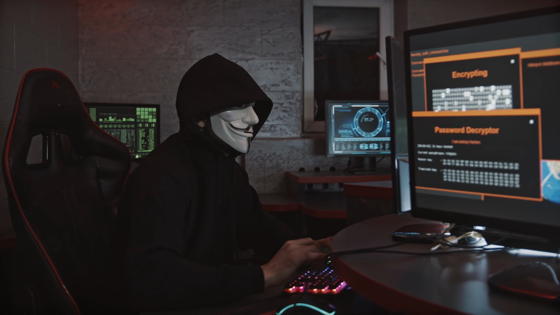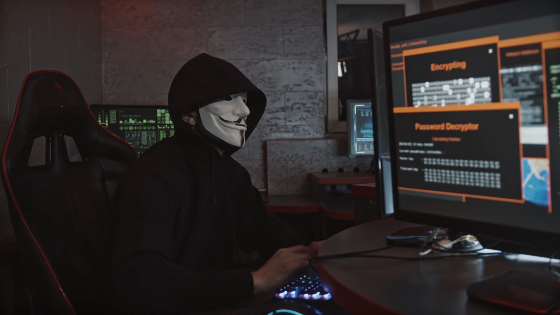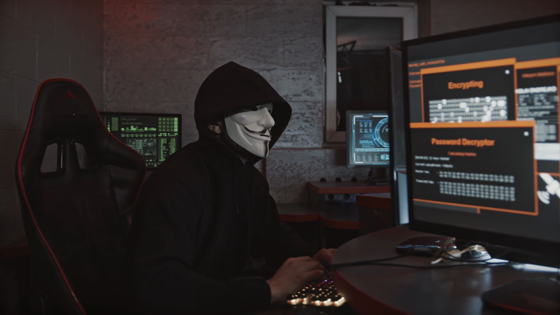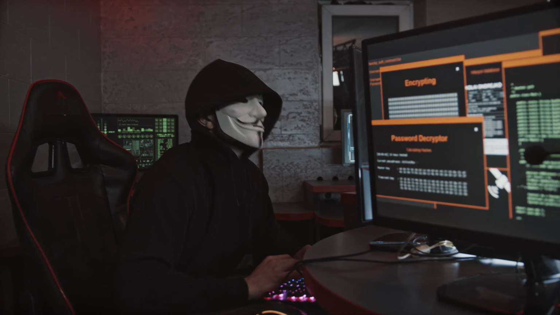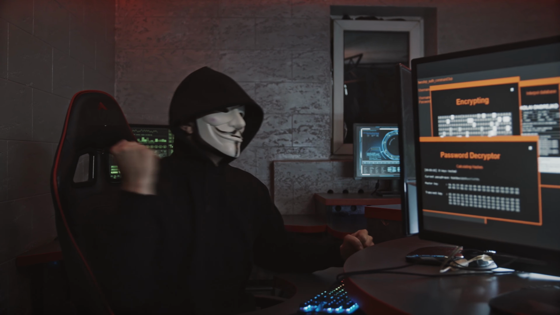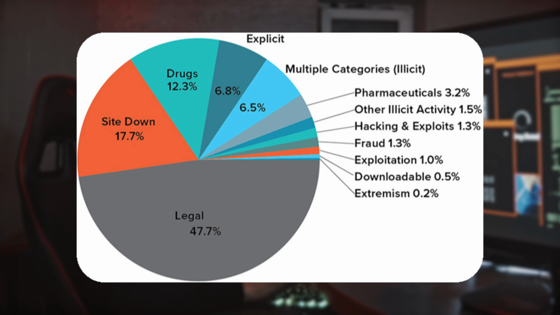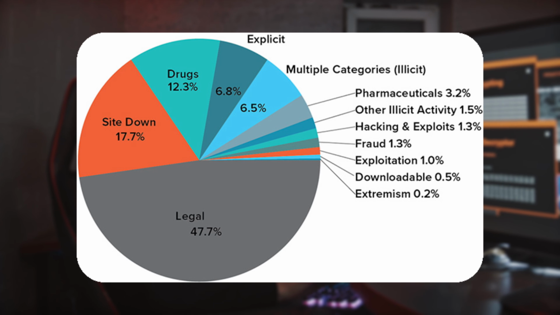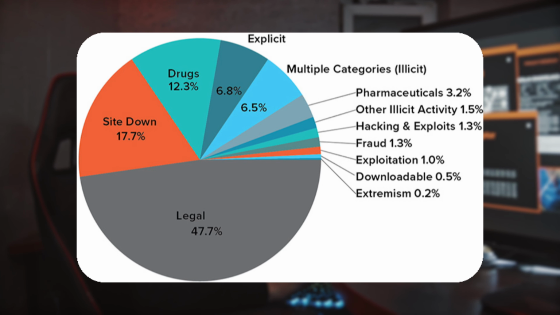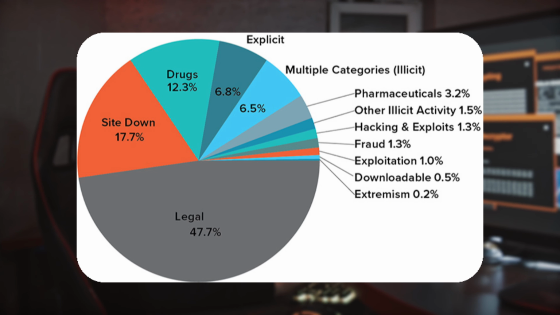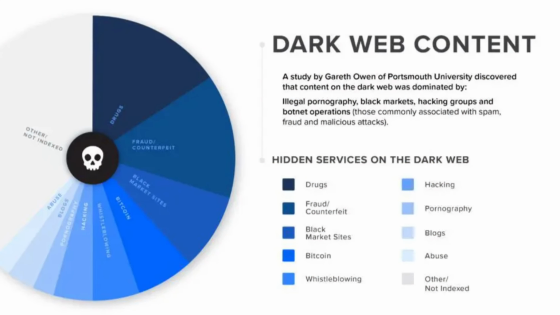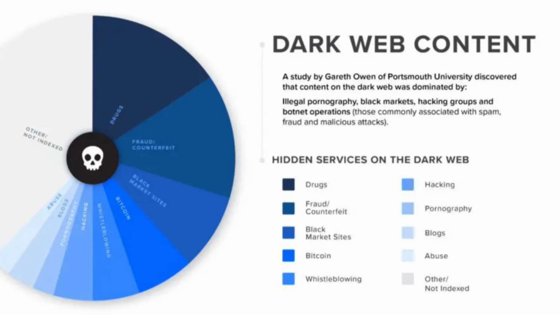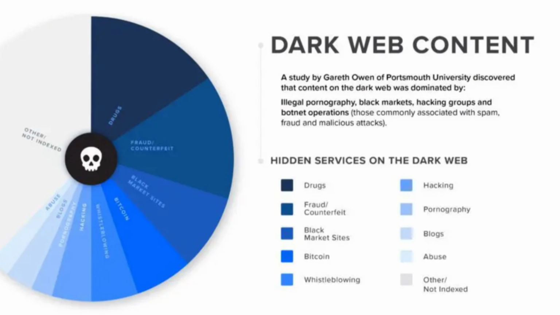Now we must address the persistent public misconception. While the dark corners of this network facilitate illegal activities, any authoritative analysis must acknowledge the network's critical and often life-saving legitimate functions. Data suggests that approximately 43% of the content and activity on the dark web is legal, and it is here that the true power of anonymity is realised. This technology is fundamentally neutral. Its designation as a tool, for good or ill, depends entirely on the intent of the user.